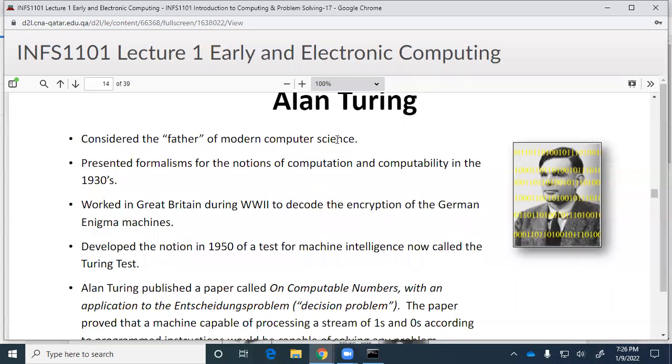Anyways, he was able to come up with some ideas that were mathematical that related to computing, but he was also able to do a brute force sort of decryption of a code that was used by the Germans to communicate with their submarines. As a result of that, he gave the Allies a bit of an edge in the war that they wouldn't have had necessarily. Now, the Germans were never going to win the war, but the question was, how long is that war going to last? It would have lasted longer if he hadn't done that.